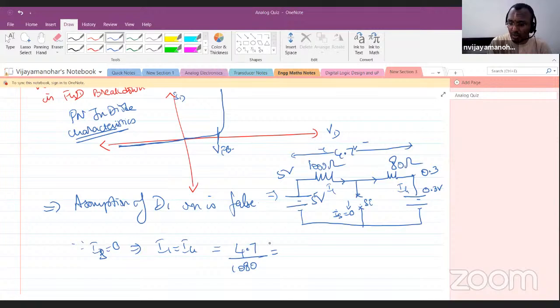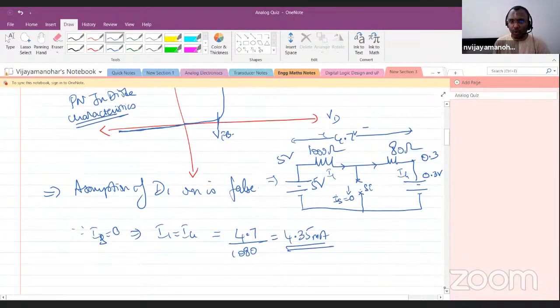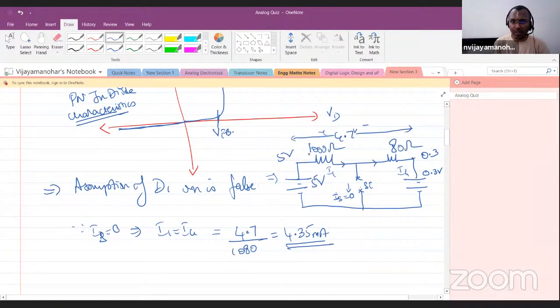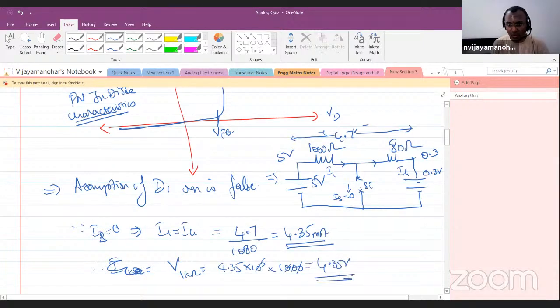4.7 divided by 1080, which is 4.35 milliamperes. Now 4.35 milliampere is passing through 1K. What will be the delta V? So the voltage drop across 1 kilo ohm will be what? 4.35 milliampere into 1K, which is 4.35 volt, which means